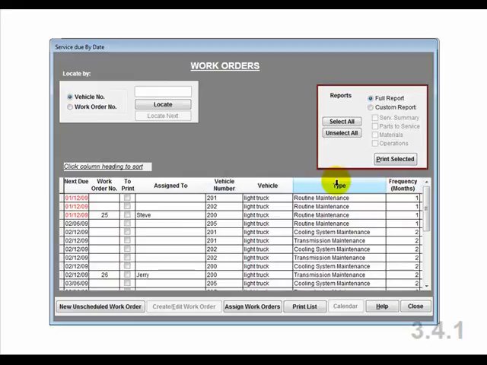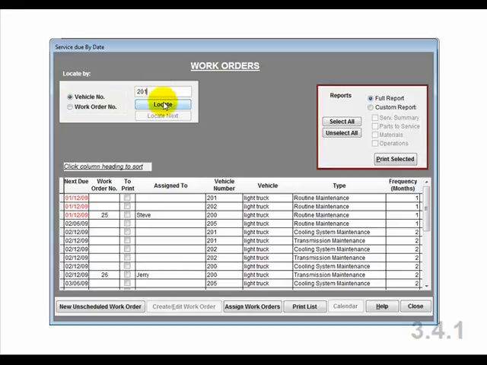What kind of maintenance the scheduled event is. Frequency in months, how frequently this maintenance occurs in number of days. There is also a search feature you can use to locate the maintenance events for a particular vehicle. Click on the circle called Vehicle Number and then type the vehicle number into the adjacent box and click on